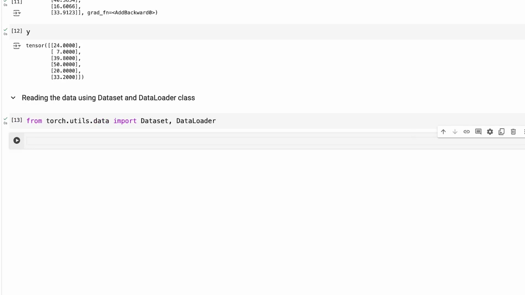Hello everyone. In this session, we are going to discuss the Dataset and DataLoader classes within PyTorch. We are also going to discuss how you create a custom dataset class and define the way in which we need to access the data by using a couple of methods called __getitem__ as well as __len__. The DataLoader class here is going to leverage these two different methods heavily in order to understand the